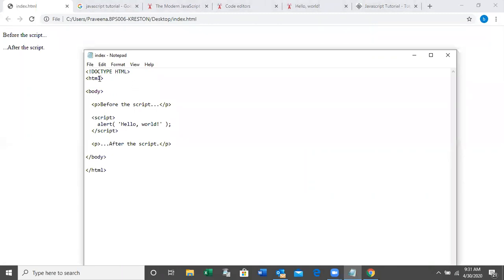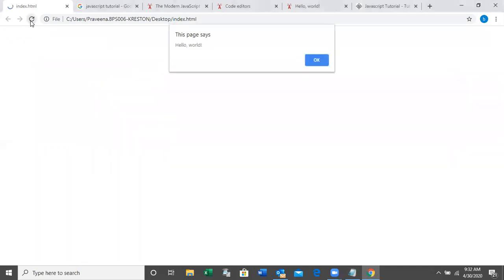Here doc type, you all know what is doc type, document type, starting tag of the HTML, ending tag of the HTML. Here you can start body and you can finish your body area. This is just a HTML paragraph, script, and close the script. Alert, hello world. Alert, hello world means it will generate the pop-up. Just see, hello world.